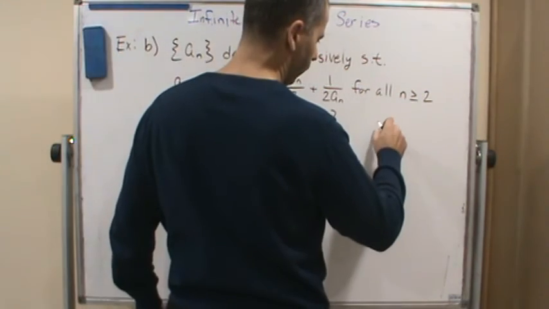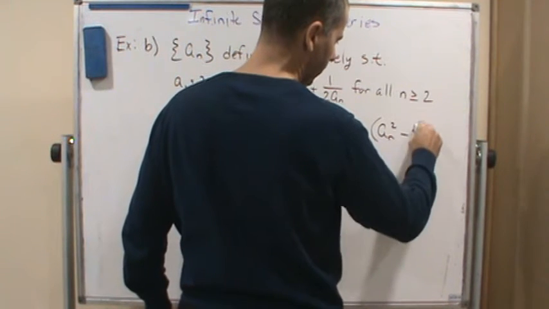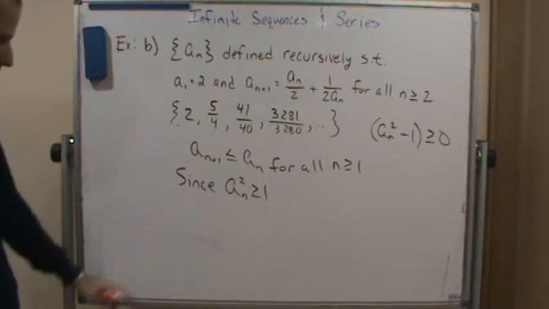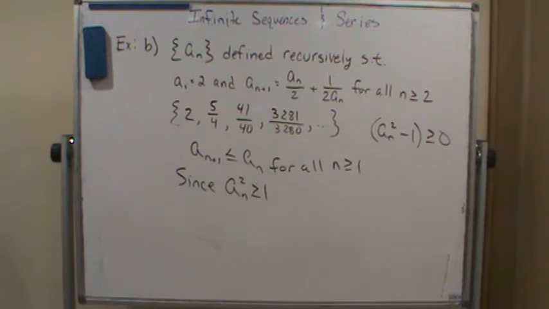Remember, we showed that a sub n squared minus 1 was greater than or equal to 0. So since a sub n squared is greater than or equal to 1,